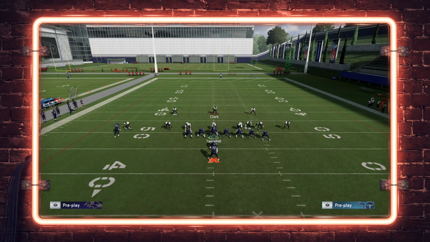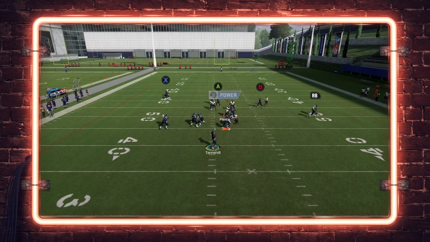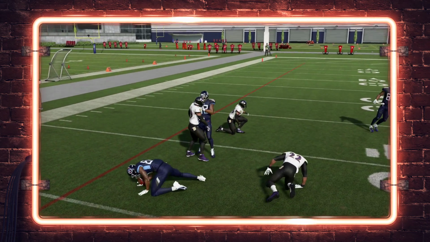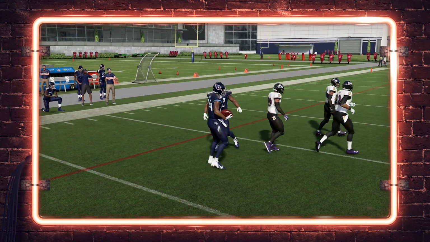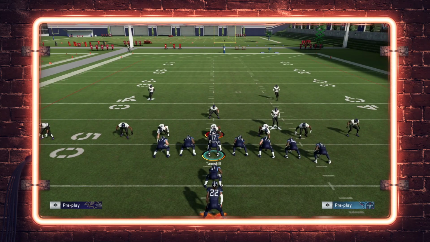You're going to get no press animation on Corey Davis on the outside. You could just go ahead and throw this corner route or this little hitch. You see right here? Just a free release, low ball, fall down. That's going to cause your opponent enough frustration here that they're going to have to, at some point, go to